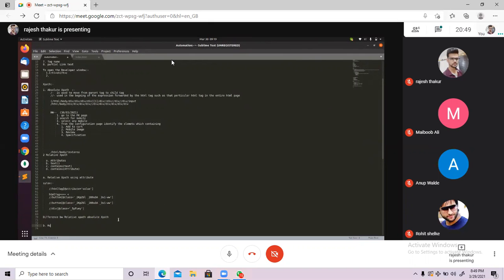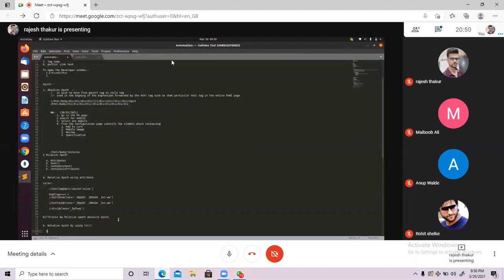Relative XPath by using the text function. Now coming to the point. Again, syntax is important for me.